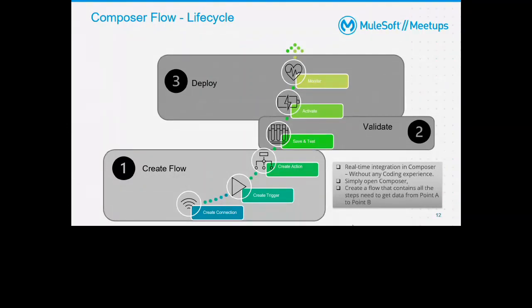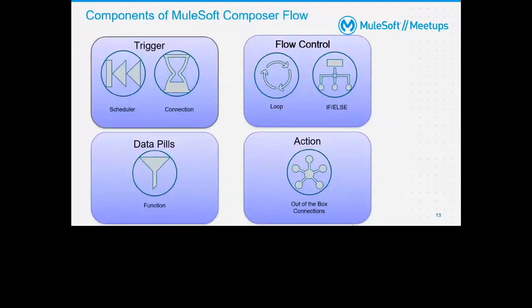So now your flow will be ready to use in your day-to-day activity, and you can keep on monitoring the flow. The next slide, I have explained most of the things in the earlier slide. The only thing is that there is a flow control activity: one is loop, another is if else. If you have a collection of objects or a list of objects, you can loop through it. And if you want to put some if else kind of conditional flow, that is also possible in